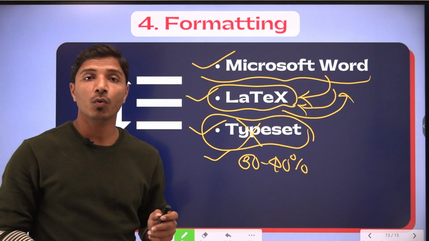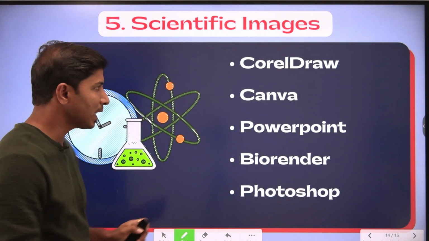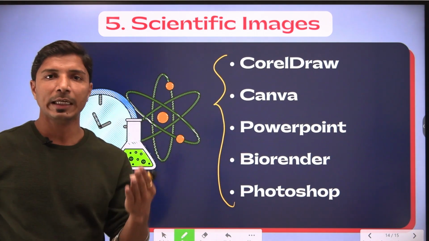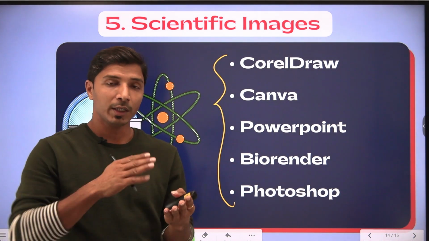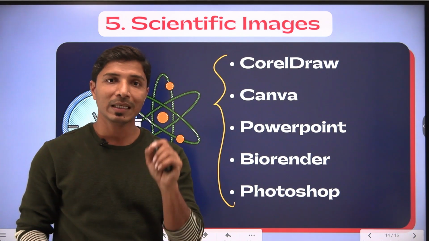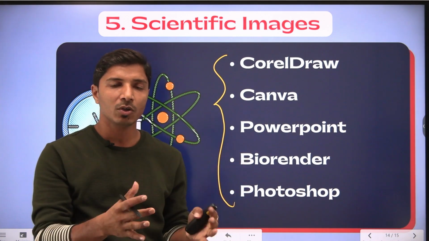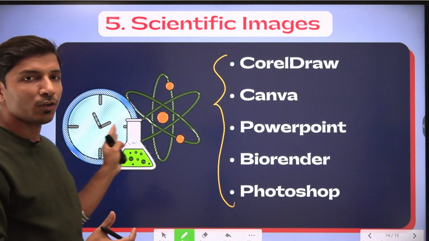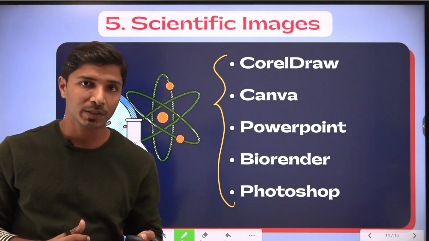And now we'll be moving towards the last point, which is scientific images. These are the tools that can be used to prepare your scientific images. I personally feel that this point is really very important while writing your research article, review article, thesis, dissertation, etc. Especially in a review article, you have to refer to the literature data, organize it, think, and organize this data smartly in this kind of figures. Then your review article will get more weightage.